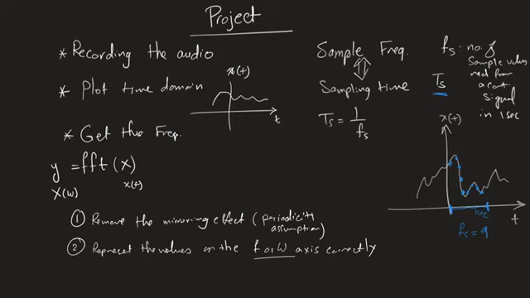Because this is the only way, and don't worry about this explanation, it's just for your understanding. This is the only way that it can keep this as discrete and this as discrete, because they are both values that MATLAB has to deal with. So the only way to be able to do this is to assume that this is periodic and this is periodic. Okay? So both of them will become discrete. We don't care. You just need to correct for this situation by doing those two actions. Okay? And I will flip now to the code itself, and I will show you how this happens on MATLAB, so you can overcome